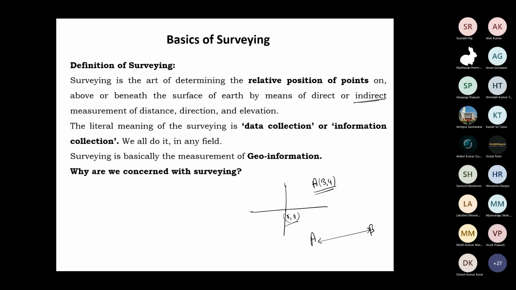Suppose I want to measure the height. Directly you can use the theodolite or any instrument to measure the height. How can you measure it indirectly? There are a number of ways. By some calculation, analytically, you can measure the height. We will discuss that later in the calculations. So our aim is to measure distances, directions and elevations. These three terms we have to measure in the survey. It's very important to understand.